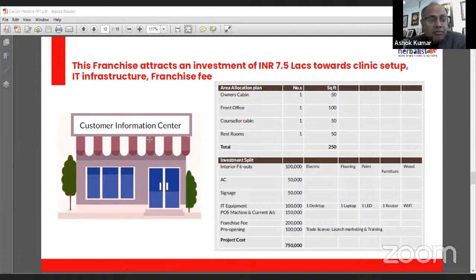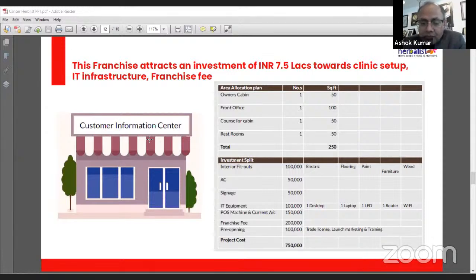And as far as investment requirement, it's a very simple and attractive opportunity. Your investment is not so high. If you are looking to just set up a clinic for Cancer Herbalist, you require just 250 square feet area, where you will have one manager, or you can say owner cabin. You will have one front office, counselor cabin, and one restroom. So with the basic structure and a minimum area of 250 square feet, you can set up the